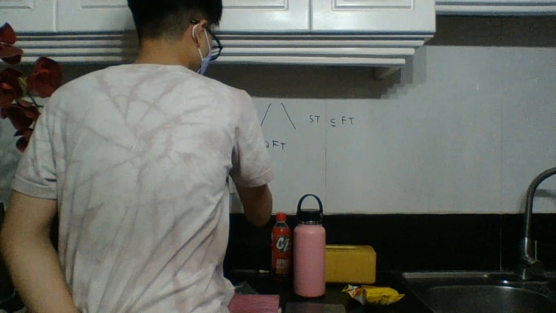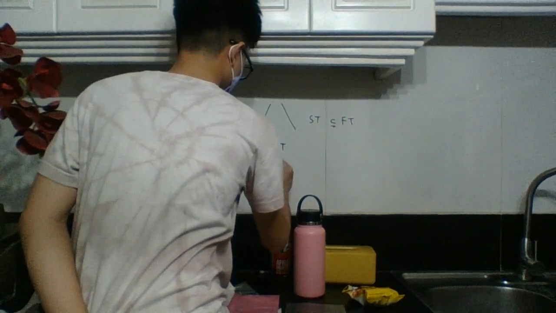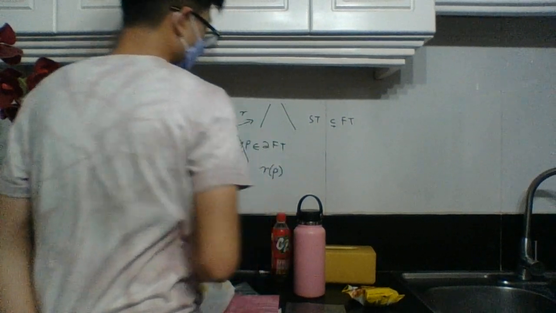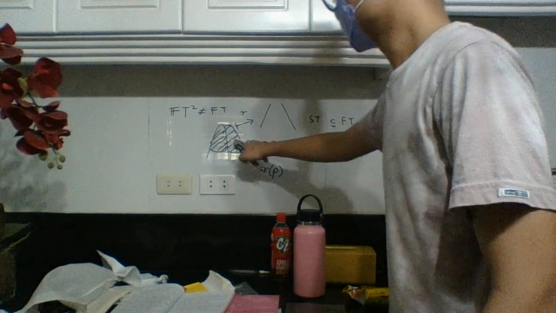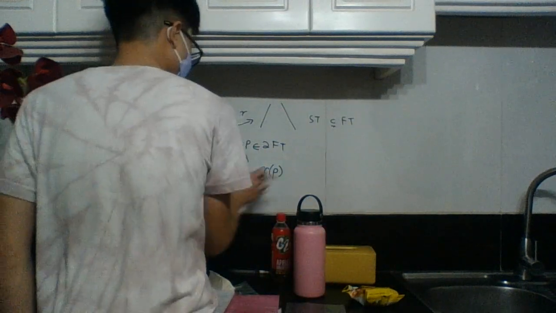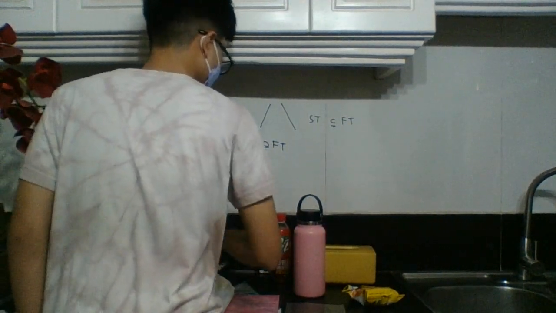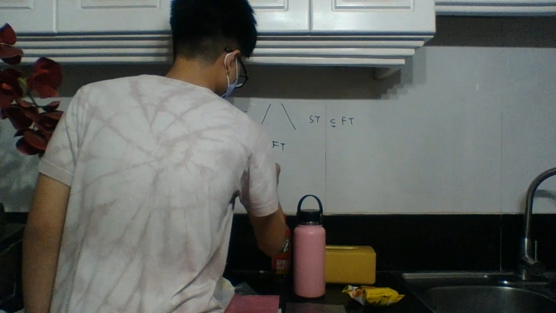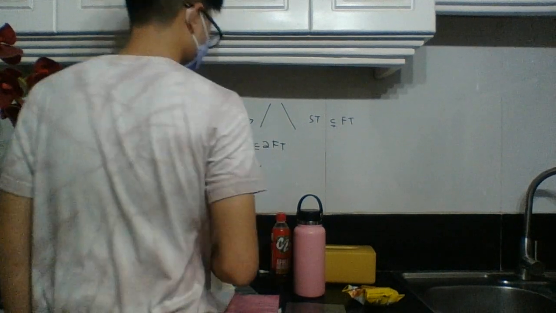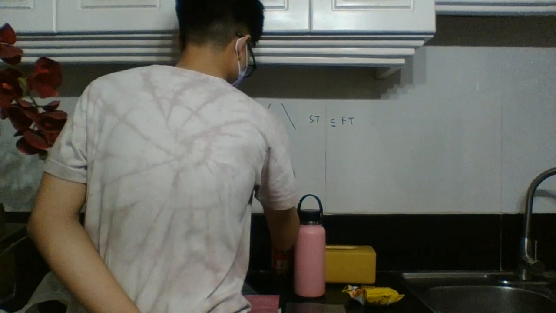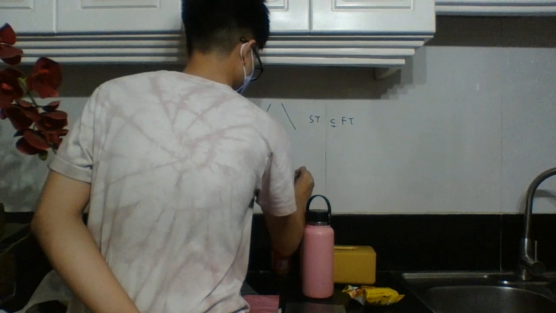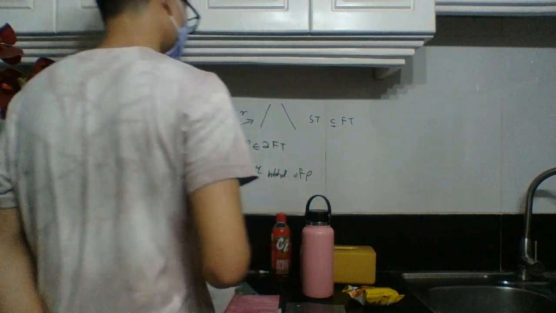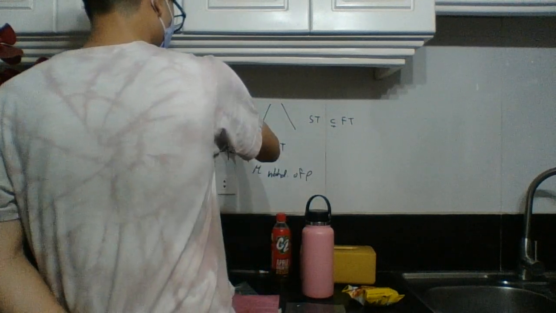If I take a point P and apply R, there is a corresponding neighborhood. If I take a neighborhood around rho, let's call it mu, a neighborhood of rho. If I apply R onto mu here,